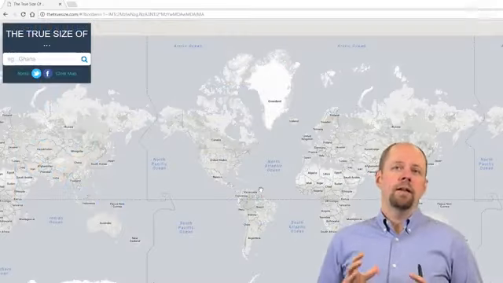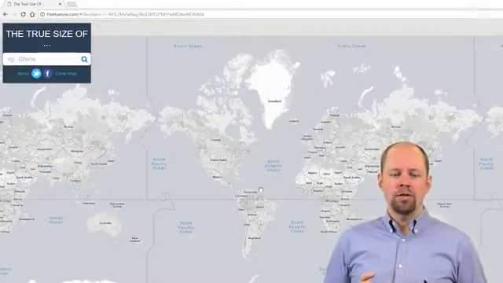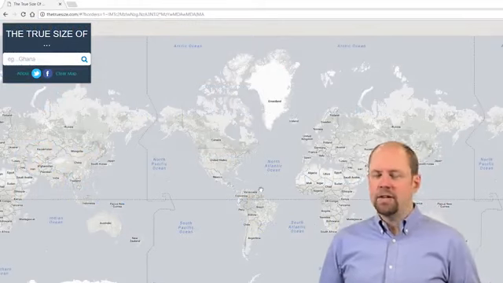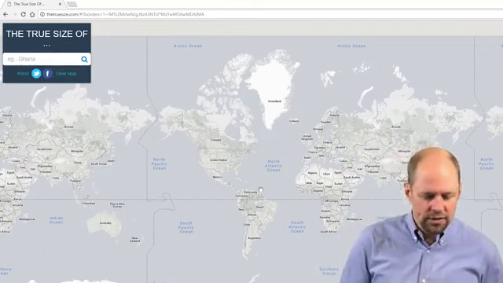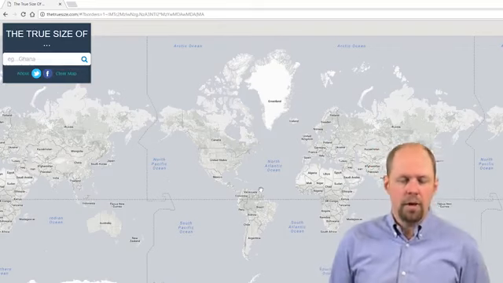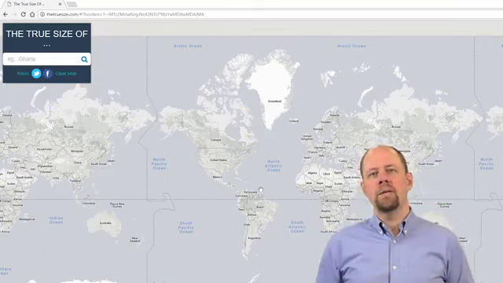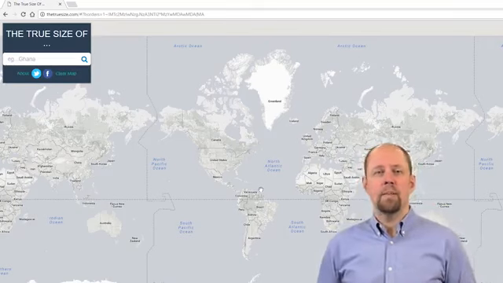To illustrate the effects of distortion, I'm going to use this website called The True Size Of. It's this amazing little website. So you literally just go to thetruesize.com. You can open this yourself and play around with it. And what this is for is to visualize the amount of distortion that's taking place based on the map projection